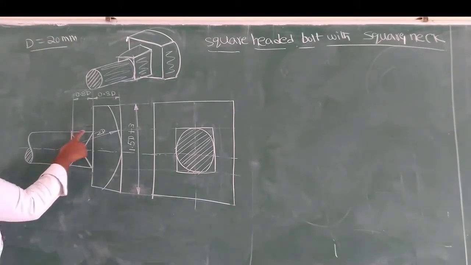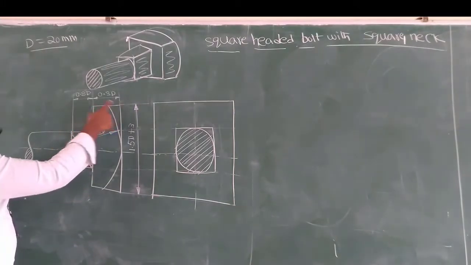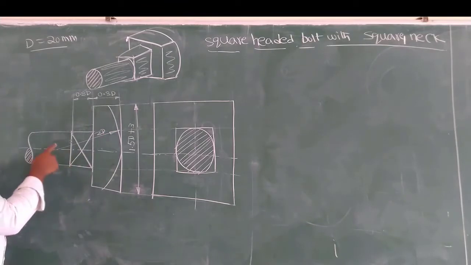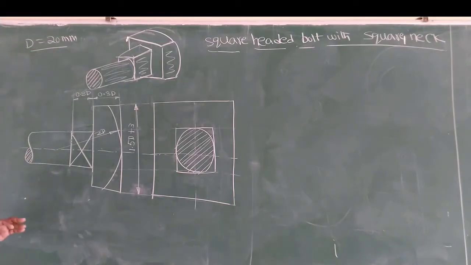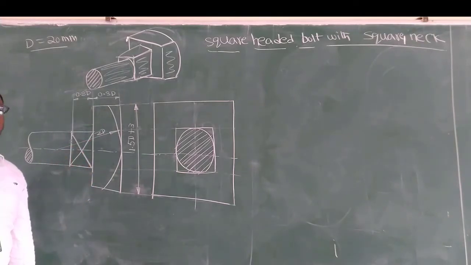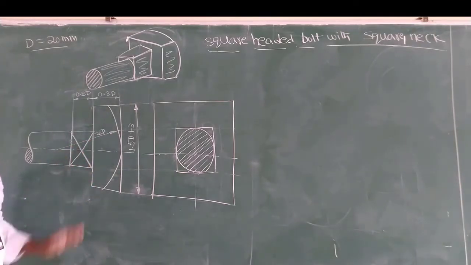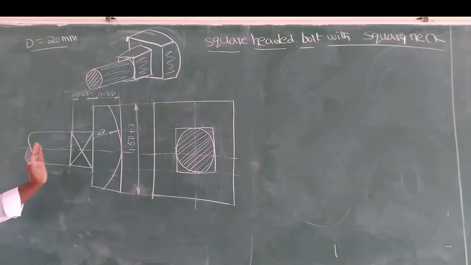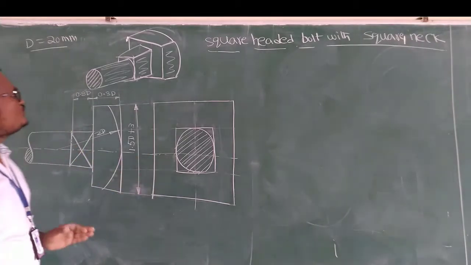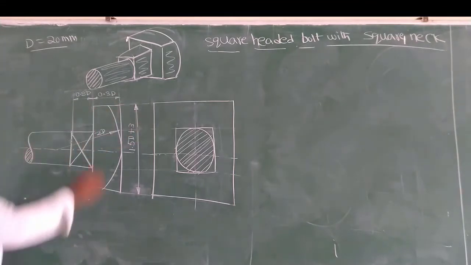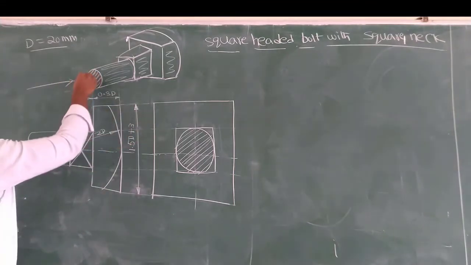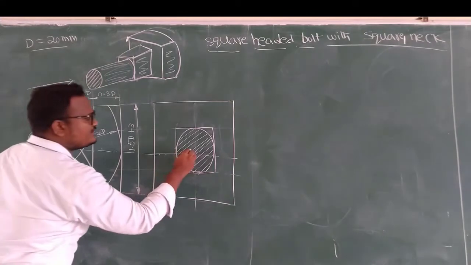So this is the 0.8D, and this one is also 0.8D. This is the shaft diameter, otherwise bolt diameter capital D, depending upon the initial value, that means 20 mm only. Here the R value, R is the radius of the chamfer, that would be 2D, the standard value. This is the front view and this is the side view. If you want to draw the side view, from this direction, initially this circle is visible. That is this circle.